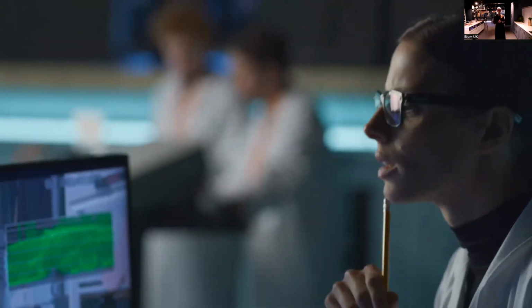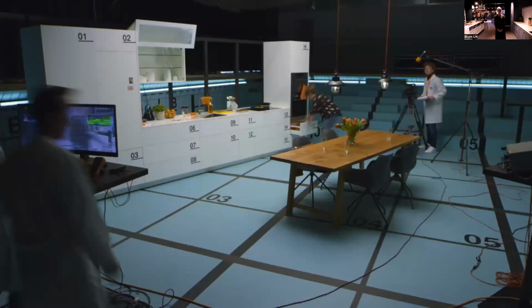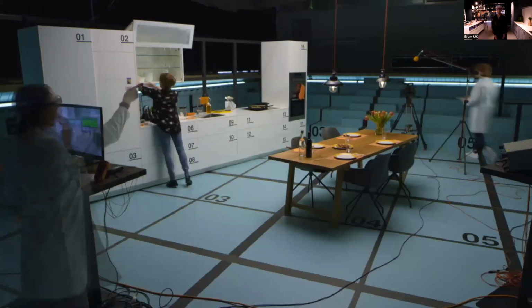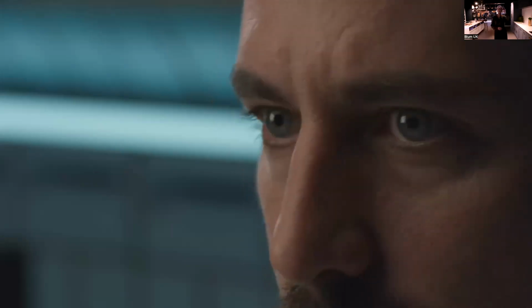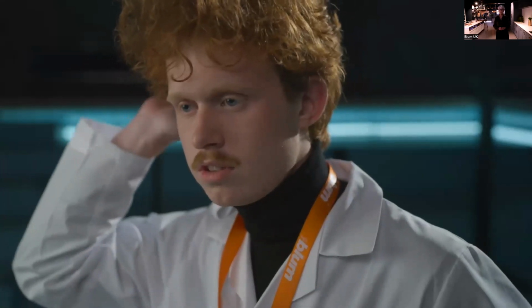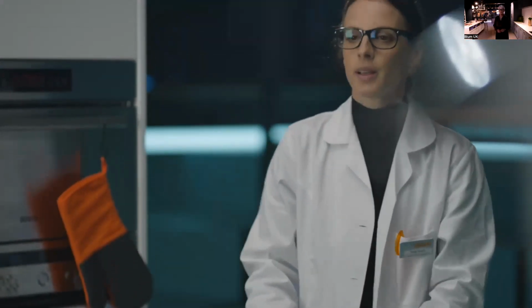An average kitchen is equipped with 7 drawers, 20 hinges, and 1 wall cabinet lift system. They're all opened and closed more than 80 times a day. That's 537,600 times in the lifetime of the furniture, which is precisely 20 years if you're doing the sums in your head. The know-how of 350 experts and the findings of at least 14 studies have gone into every individual component